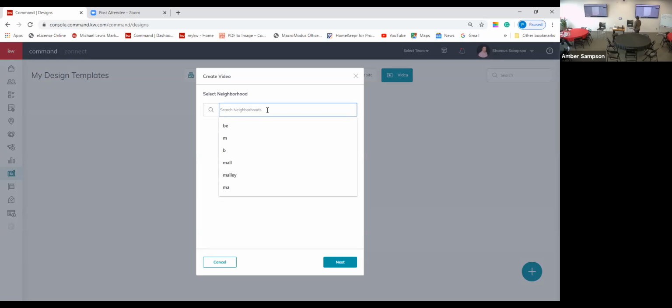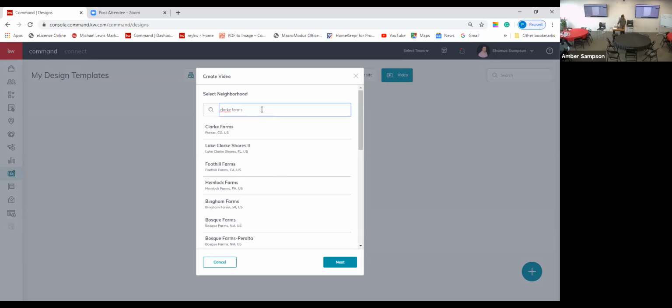So what we're looking at here for create a video, it's search by neighborhood. So I created one, Clark Farms. It's one of the subdivisions, and you'll be able to see that in here. So these are all your subdivisions, so you can pick one. I'll tell you right now, not 100% of them are in here right now. If you've got properties up in the mountains, out in the rural areas like Pine, you're probably not going to find that right now. But I typed in Clark Farms. When I click on that and hit next,